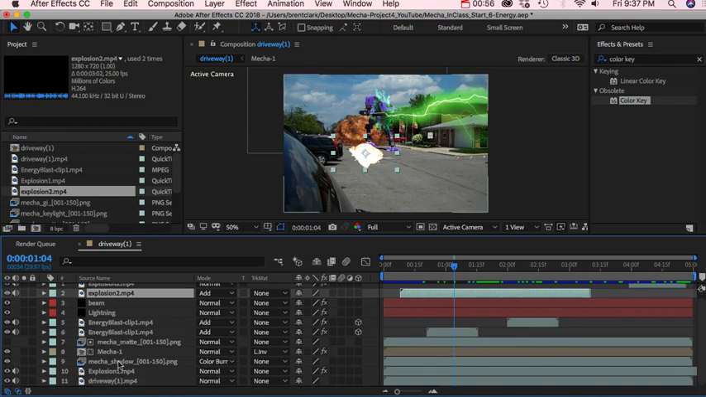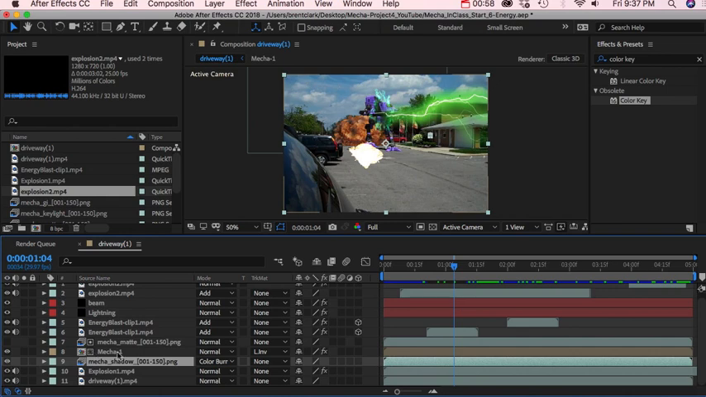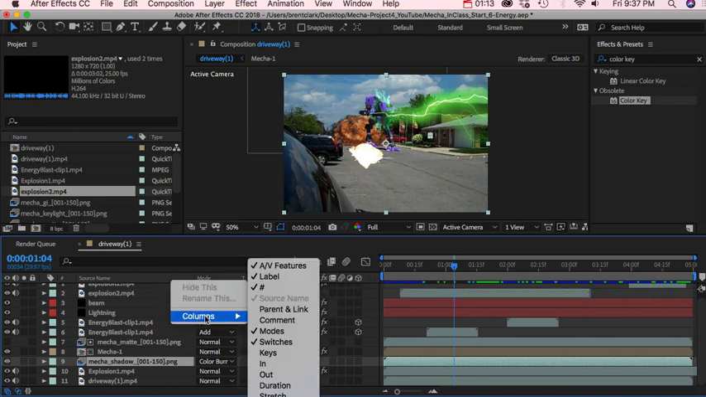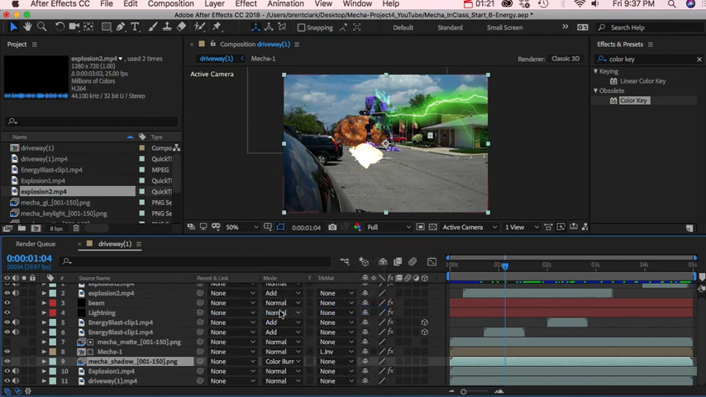So here's our mecha right here, mecha 1, and the parenting is not showing up down here. In this bar where it has the source name, the mode, track mat, I'm going to right click. There's columns, and we are looking for parent and link right here. The parent link shows up right here. It usually comes over on this end. I'm moving it over here to this end right now